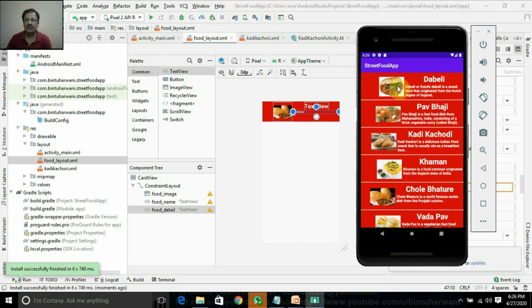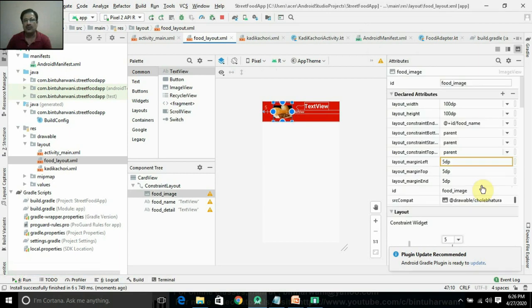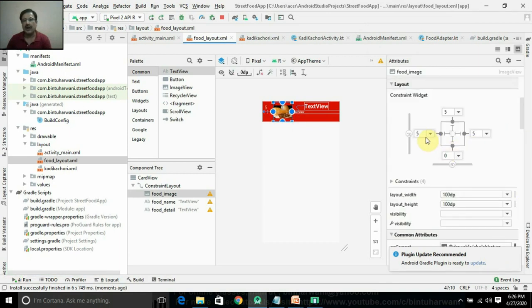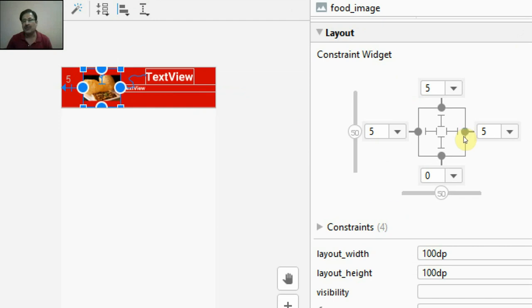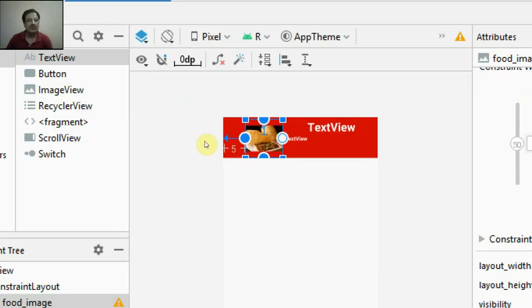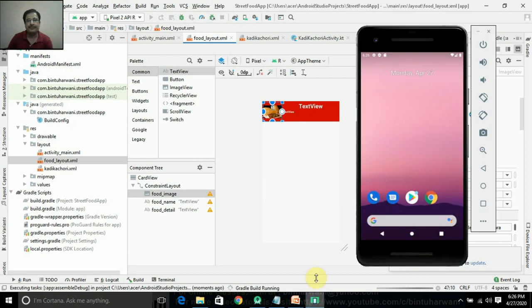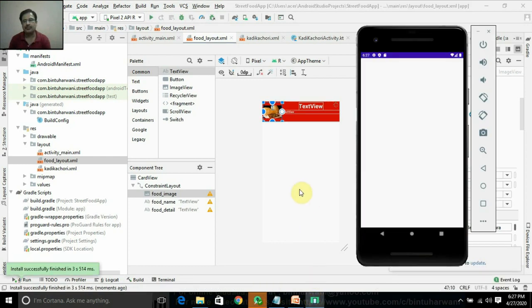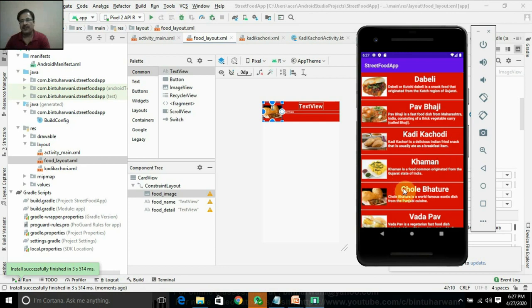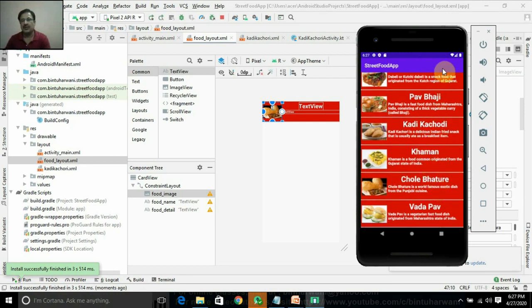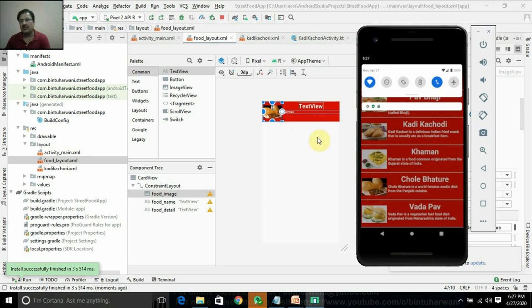No, the left constant is not required for this image view. So click on image view, and here I don't require this right constant. I don't want it. I just click on this cross. See, I'll maximize it. This cross, so that it should be attached to the left only. Now it should be perfect. Terminate and run it again. See, perfect. It should look attractive, but at the moment again it's not perfect.